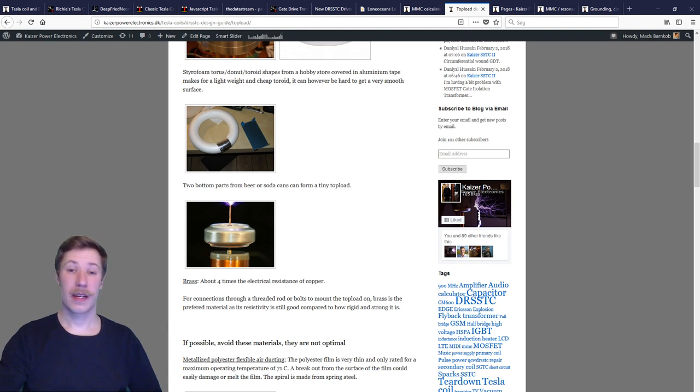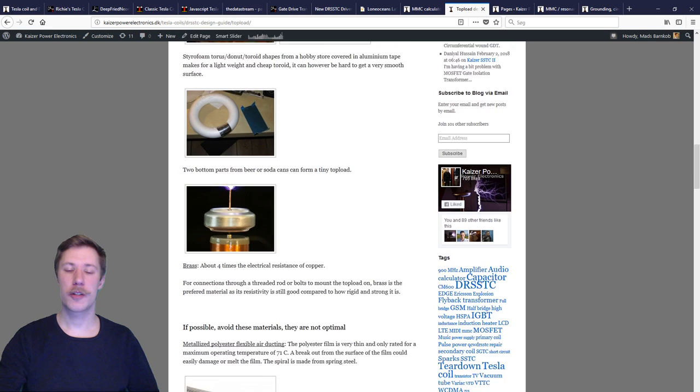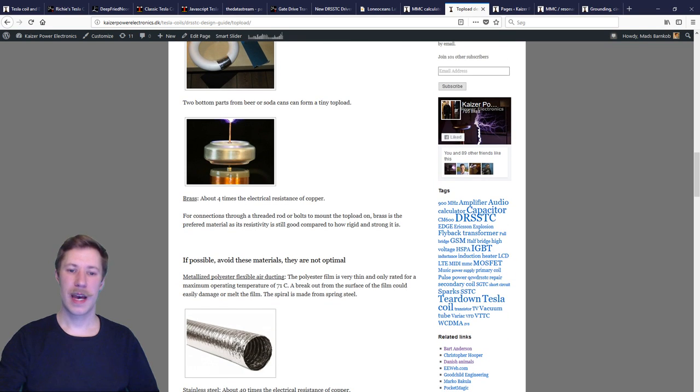So, as I have mentioned many times earlier, the thermal management is not really a problem on the toroid itself, but it can get to be a problem on your breakout point. If you're not careful about how large an amount of power you're pushing out, you could see melting breakout points, which, if you lose it or it falls off, and you suddenly have sparks flying uncontrollably around your top load,